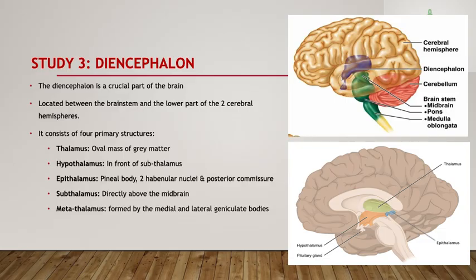So you see the thalamus is mostly chunky, and we have two of it, one on the left hand side and one on the right hand side, and the two of them are connected by what is referred to as the interthalamic adhesion. Next, anterior and inferior to the thalamus, so on the front and below the thalamus, you have